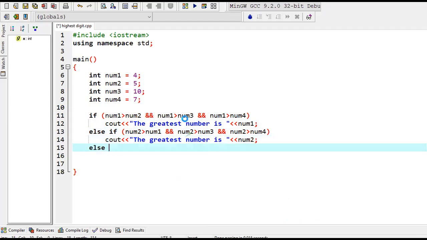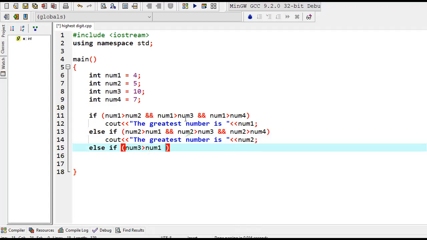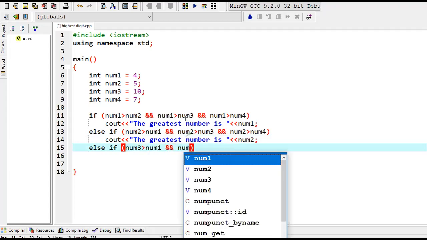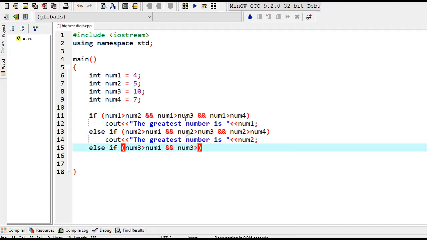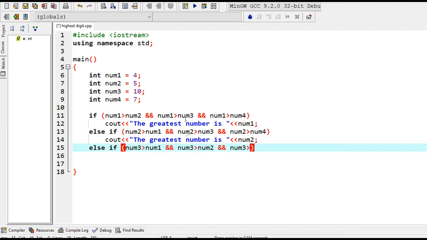Else if num3 is greater than num1 and num3 is also greater than num2 and num3 is also greater than num4,